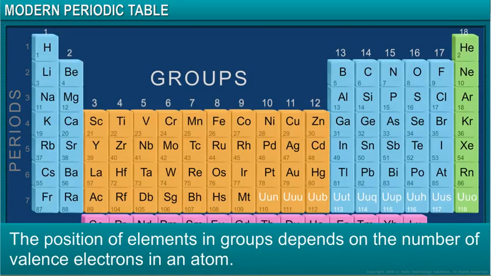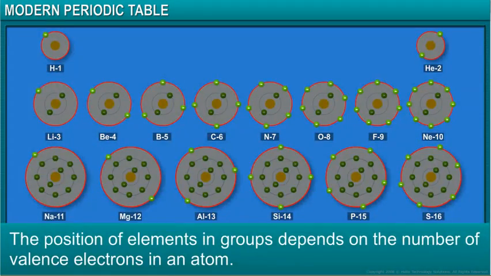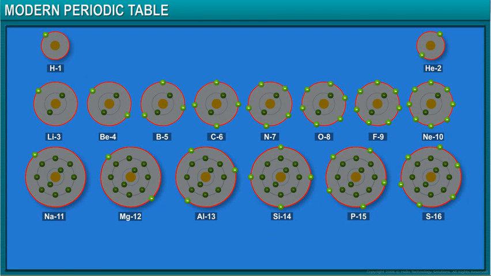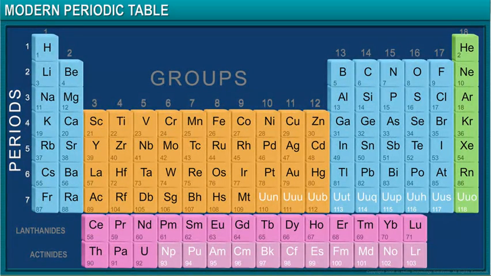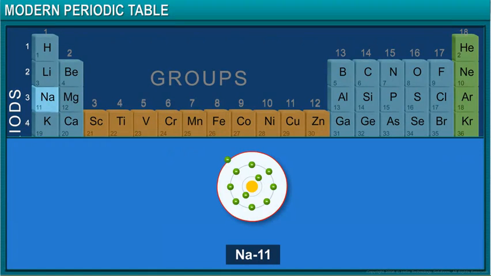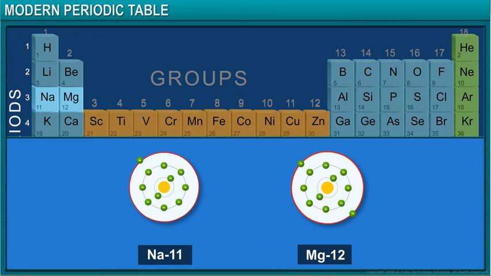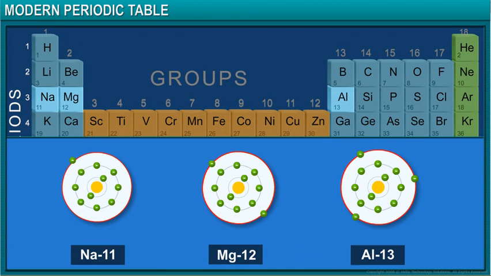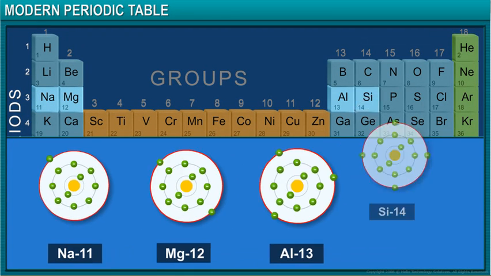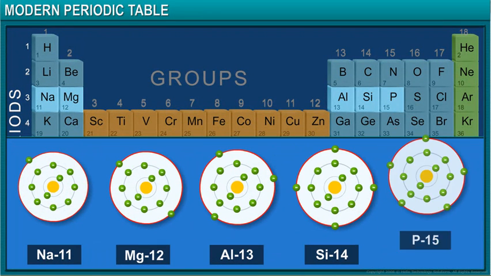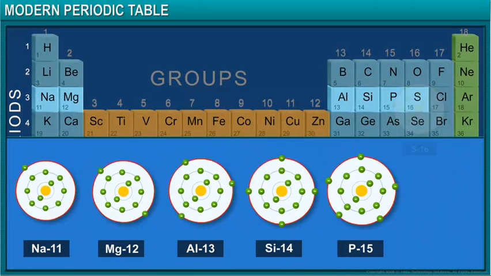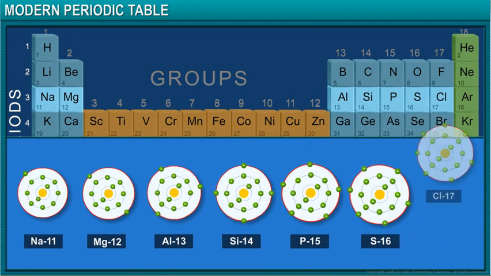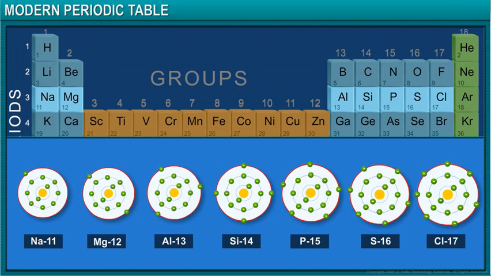The position of elements in groups depends on the number of valence electrons in an atom. The atoms of different elements with the same number of occupied shells belong to the same period. For example, sodium, magnesium, aluminium, silicon, phosphorus, sulfur, chlorine, and argon